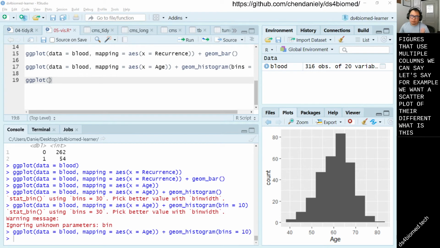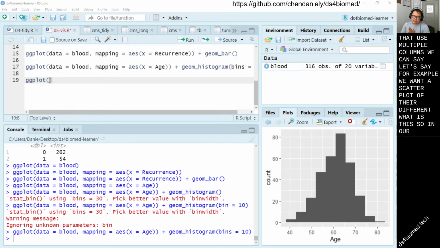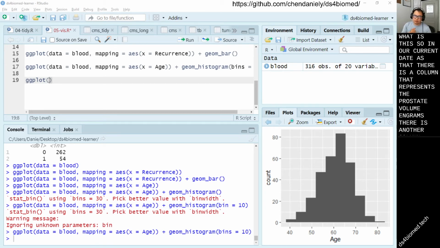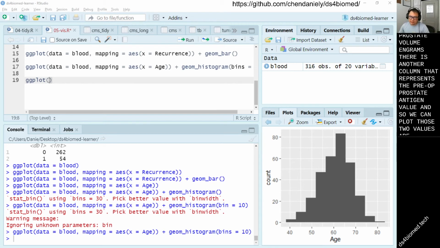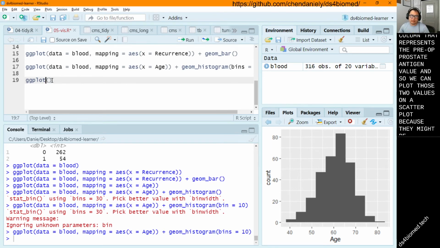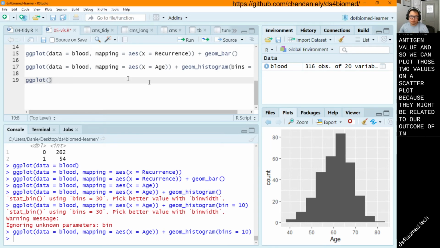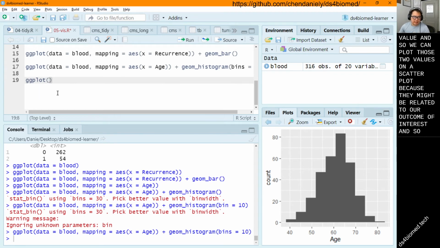In our current data set, there is a column that represents the prostate volume in grams. There is another column that represents the pre-op prostate antigen value. And we can plot those two values on a scatter plot because they might be related to our outcome of interest. So we can say ggplot blood,